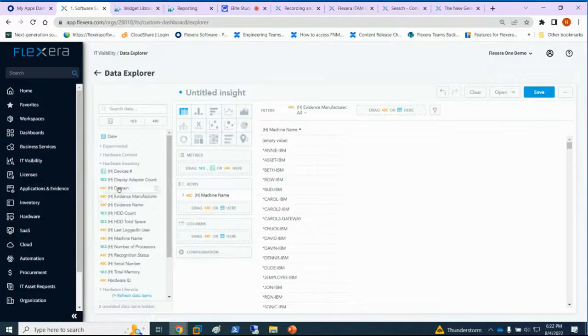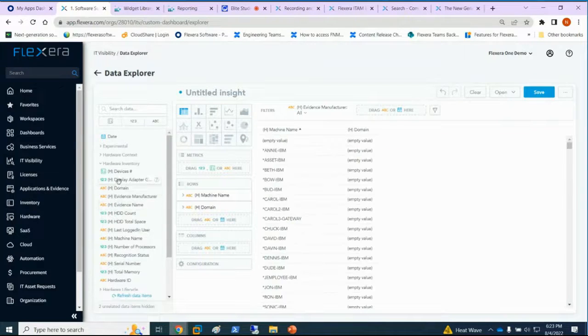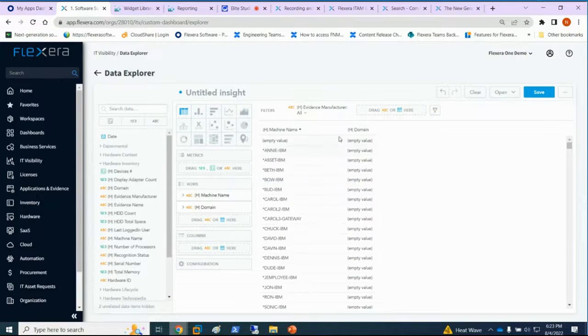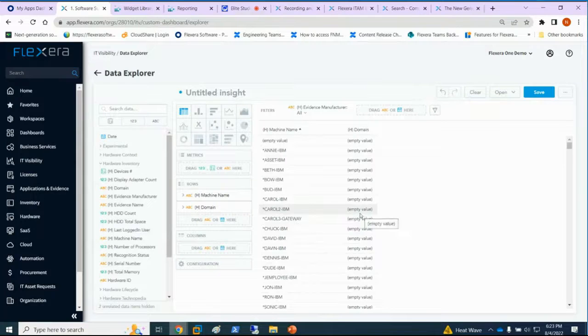So, for instance, if I want to add the domain as a row, here we go. So, I'm adding a machine domain name. But I'm sure, then you can pivot the data based on the computer model, and then you could eventually display by column chart. Okay, so there are no domains maybe in this report,